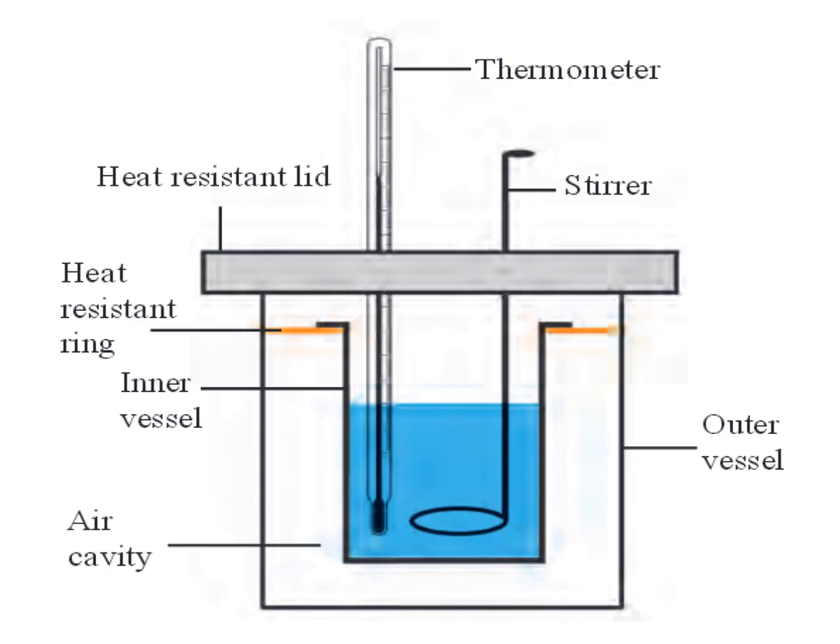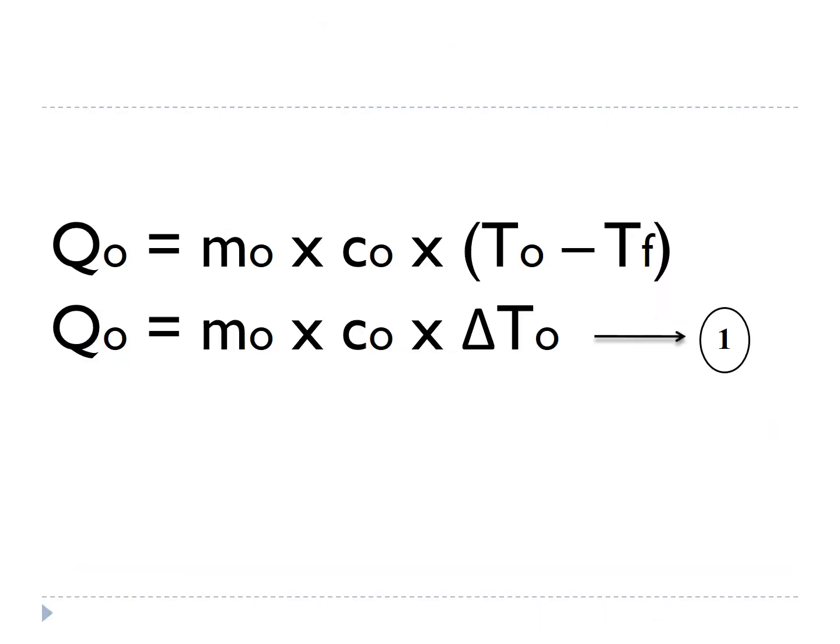Okay, now whatever we have learned, we are going to relate it to an actual situation. Suppose that I have an object. It's already heated, so I want to find out the heat content of it. So I'm going to write this as Qo is equal to Mo into Co into (To minus Tf). Here the same equation we have written, the only thing we have added is Qo, where o stands for that of the object. So heat of the object depends upon mass of the object, specific heat of the object